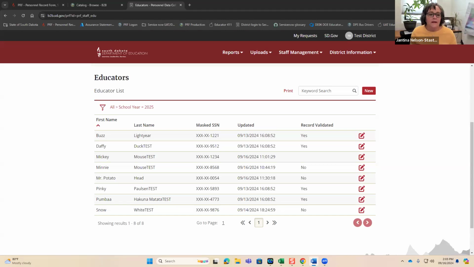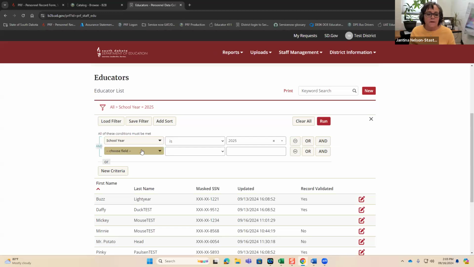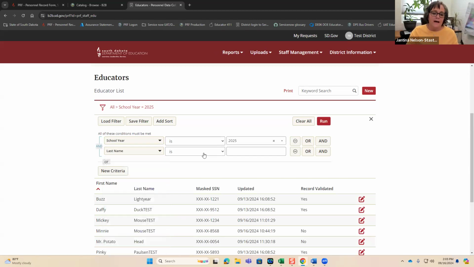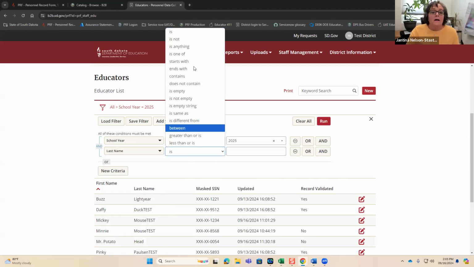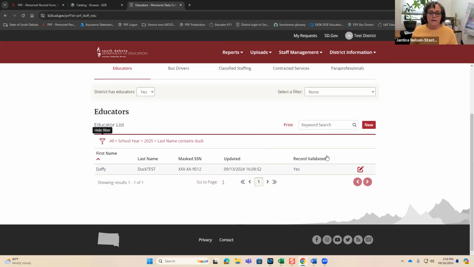And once you are in your educator screen, there are some nice tools. You can filter your lists. If you click on the filter and add a condition because you want the school year to be 2025, and say you want to find the person with the last name that contains duck, and click on run, it'll narrow down to that record.